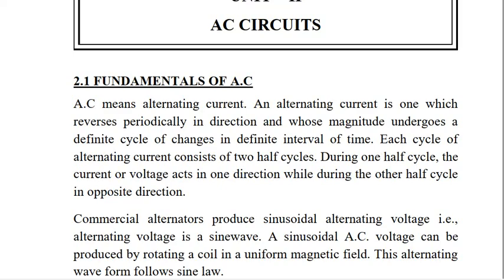But in DC, they won't mention the frequency. They only mention the voltage and the current rating, how much current it can deliver at maximum. So the voltage will be constant in a DC supply, and the current will vary. For example, take a charger. While charging your mobile phone, the charger consists of 5 volts and 2 amps. You can use the same charger for all mobile types, even if your mobile has a different battery rating, and also for Bluetooth devices or any small devices, you will charge using that same charger only.